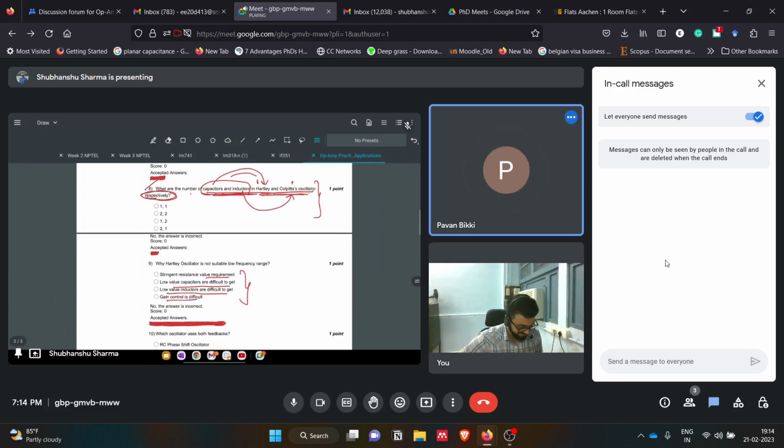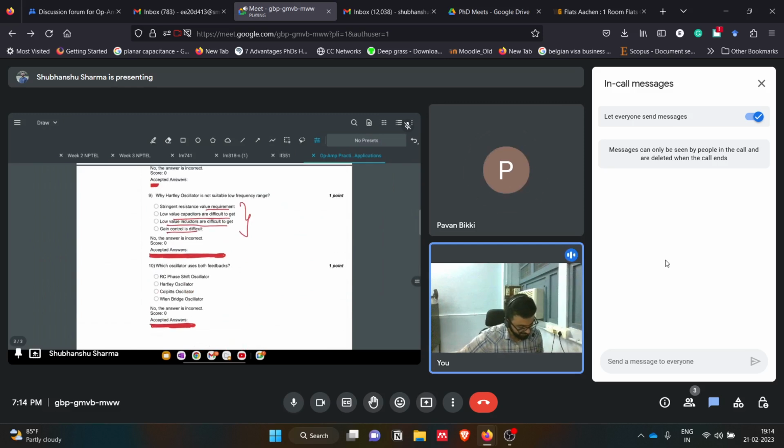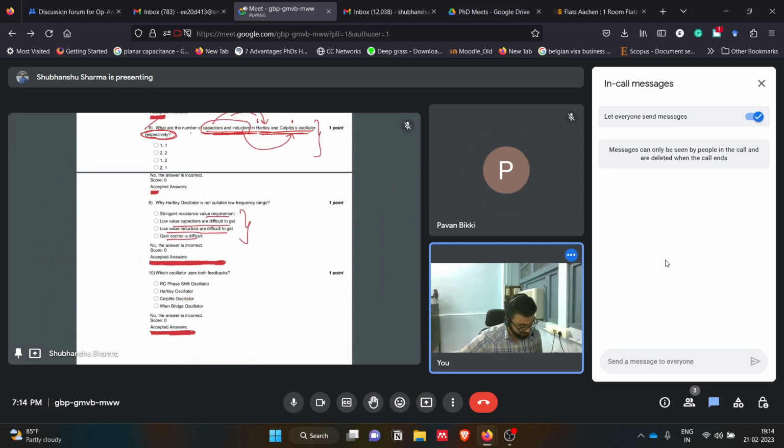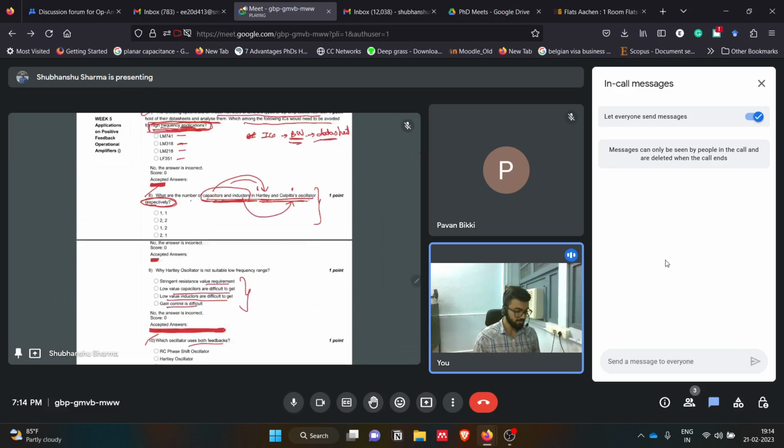Then this was the ninth question: which oscillator uses both feedbacks? This is also very easy. So after this, I will